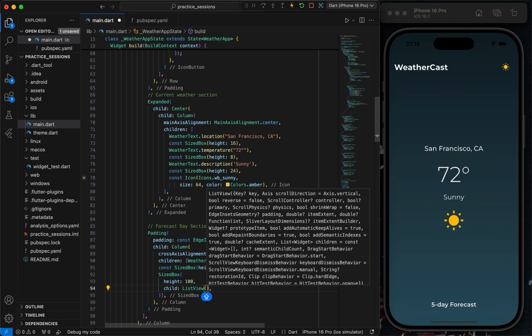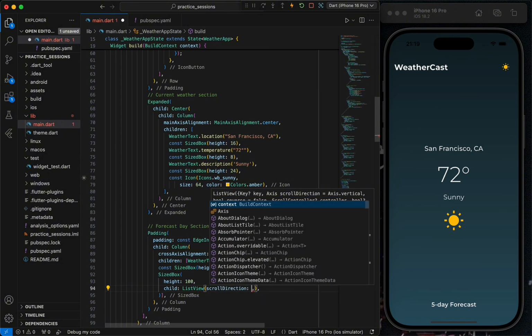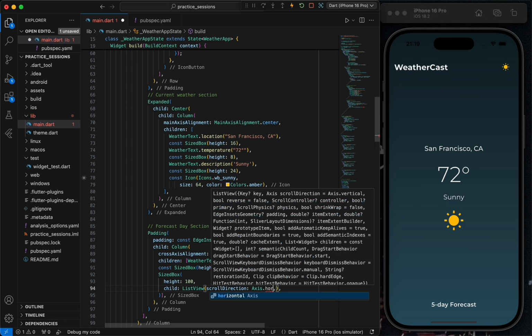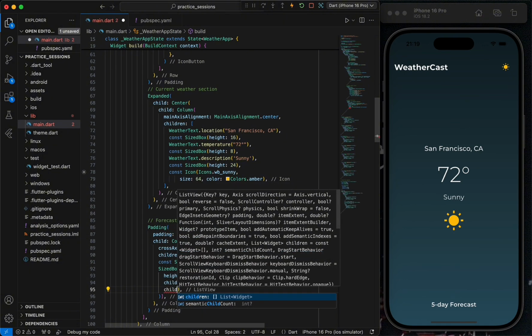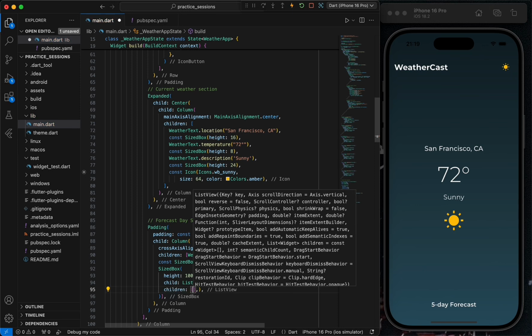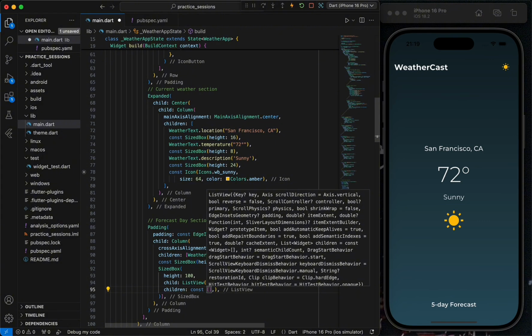And here we'll do scroll direction, and the axis will be Axis.horizontal. And then the children will be